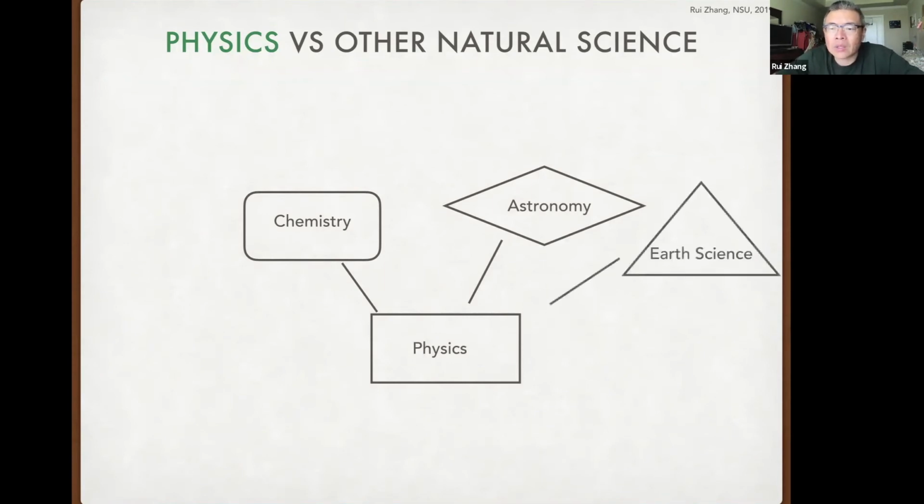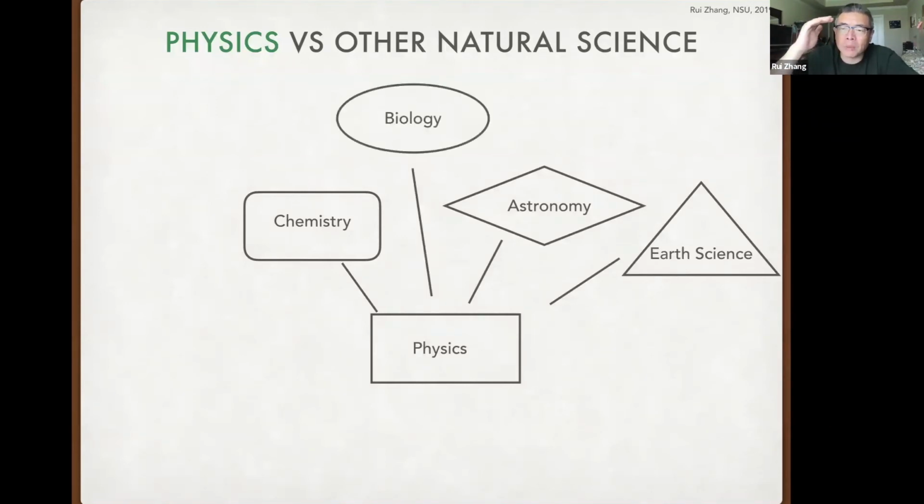Now there's also earth science: how the earth is formed, and how the continents, the mountains, the oceans, rivers, etc. are formed. These can essentially be traced back to physics as well. Biology is a little bit higher level because it deals with even more complicated systems. In a single simple cell, there's a lot of stuff and all kinds of biochemical reactions happening, and essentially all of this can be traced back down to physics as well, but it's a higher level.